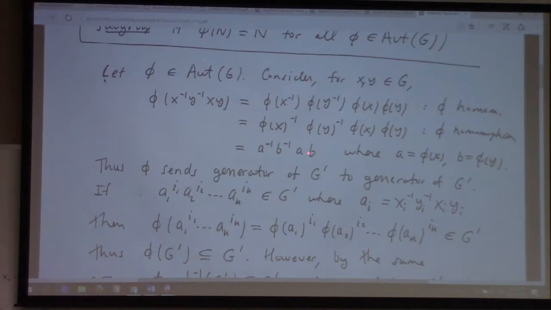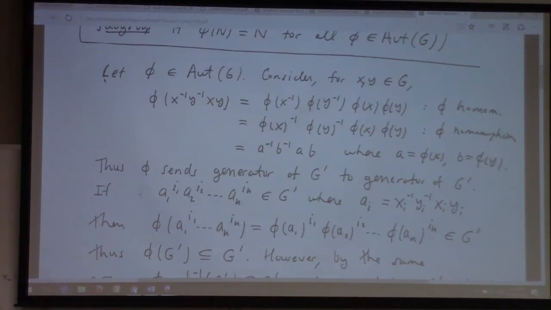Something inverse times A times B, just to emphasize, this is a generator in the commutator group, and this is another generator in the commutator group. So it sends a generator in the commutator group to a generator in the commutator group, and